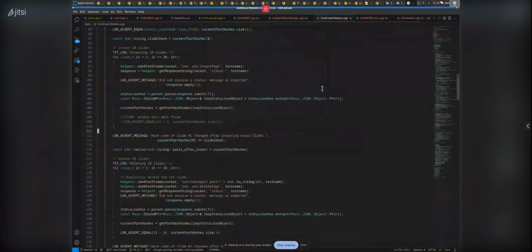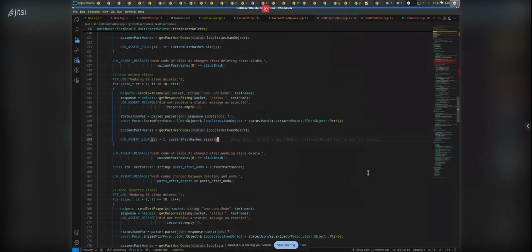And if we go and look at how this code was actually written, we can go to insert delete line 153, and you will see it's fairly straightforward. It's just a simple macro that takes the two sides of the equality equation, and it does the rest for you. It's fairly convenient, I would say. And this is pretty much it in terms of how the tests are